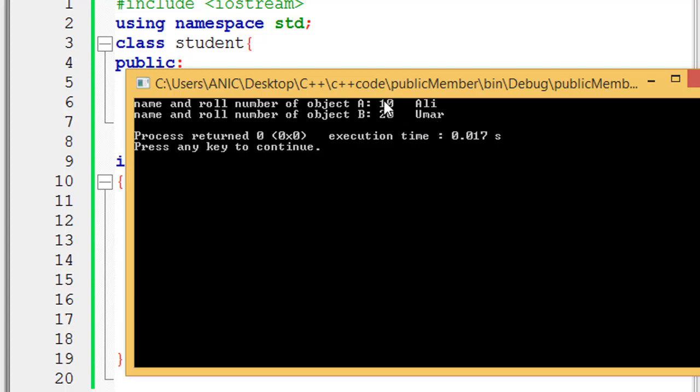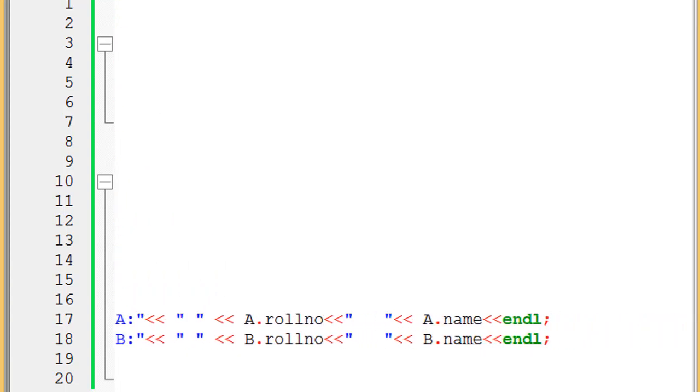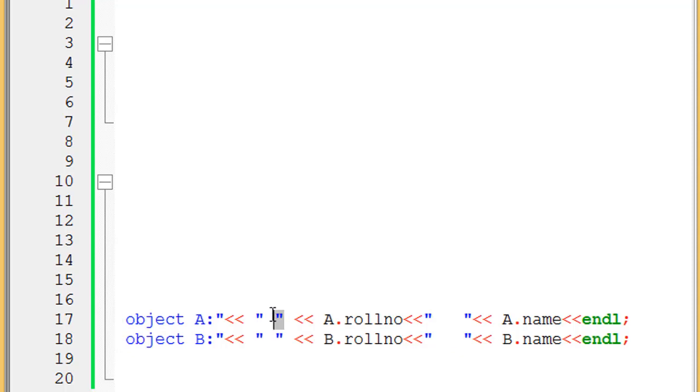Have you noticed one thing, that here is a gap between 10 and Ali, and here is a gap after this statement? How does this gap occur? Well, we haven't written any statements for the gap. So how does it come? Here is the change. I just used the spaces, the empty inverted commas. Basically inverted commas are the space specifiers.